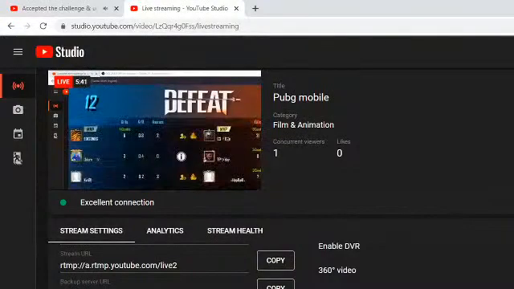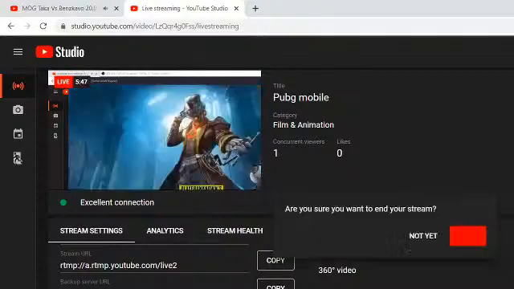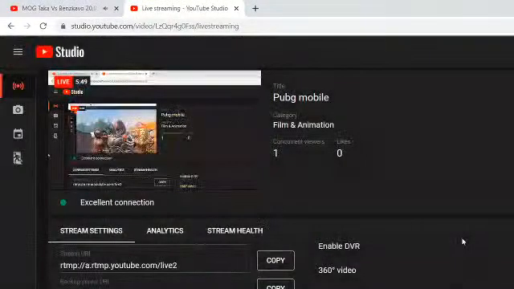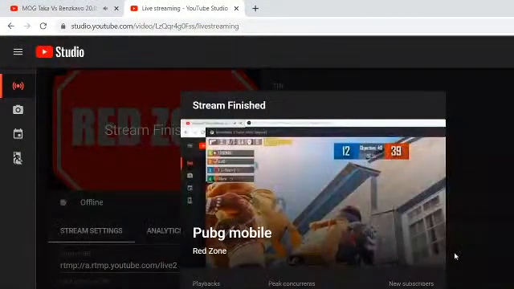Now next up we have our recording format, and for this personally I usually like to keep mine at MP4 because it works very well with basically any video editing software out there. A lot of people though really like to use FLV because it's nice for being able to recover files